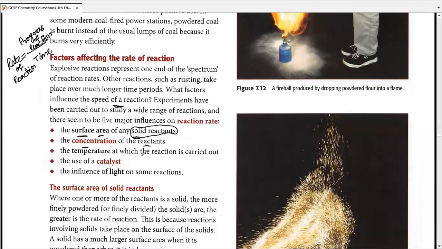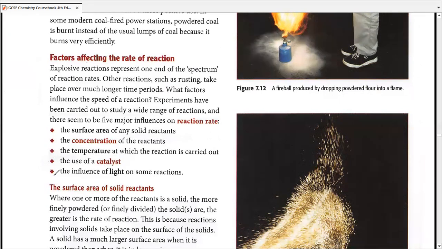Concentration in case of any kind of reactant, temperature at which the reaction is carried out, the use of a catalyst, the influence of light on some specific reactions, which obviously get affected by light. Here we'll discuss photochemical reactions. Photosynthesis is one of the examples, since you are already familiar with the word and the reaction, so this would make sense to you. And since there are other factors as well, they haven't actually noted it over here,